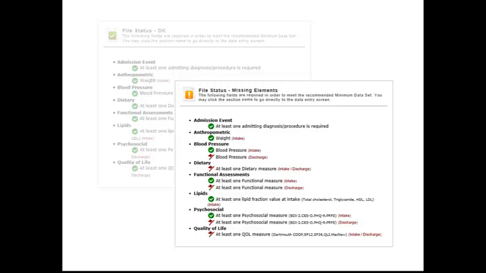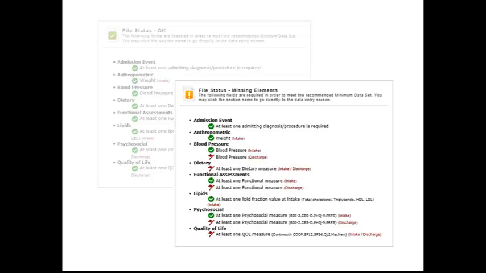Well, that signifies that either something hasn't been entered in the record yet, or conversely, you may have forgotten to enter something into the record. So if you normally get a lot of green check marks, but you're seeing some red flags, that would indicate that you might want to go back in and just make sure you haven't missed anything. However, a red flag may also indicate that you just don't get that information.